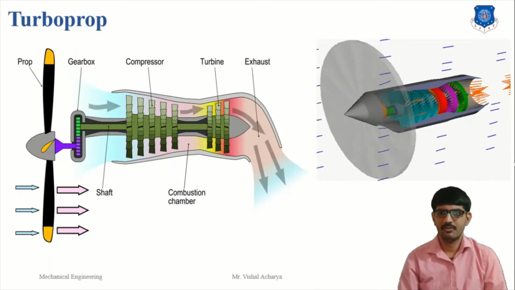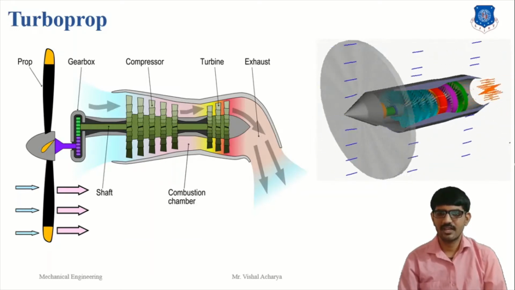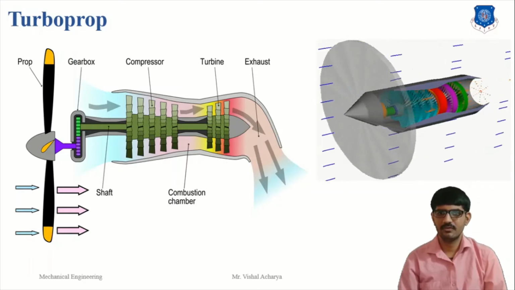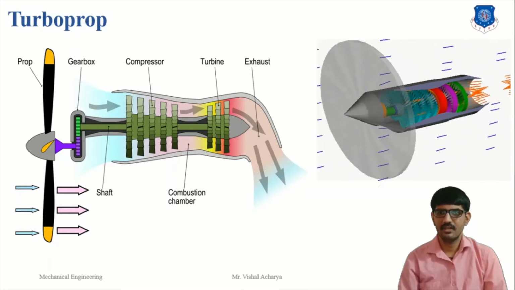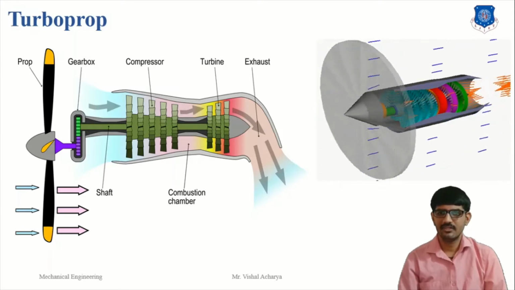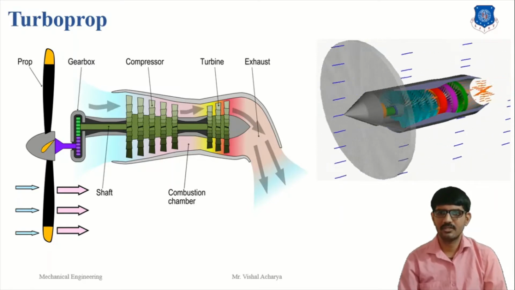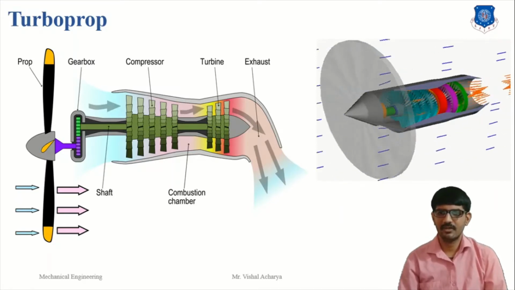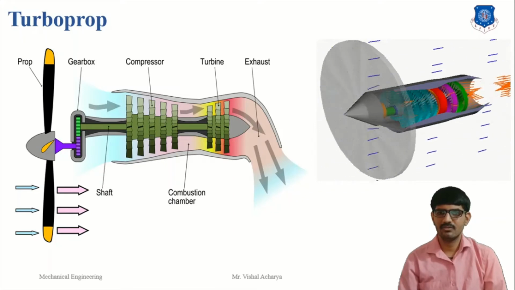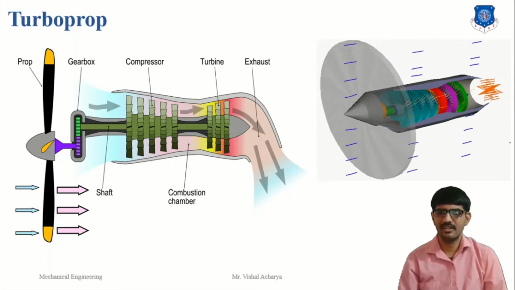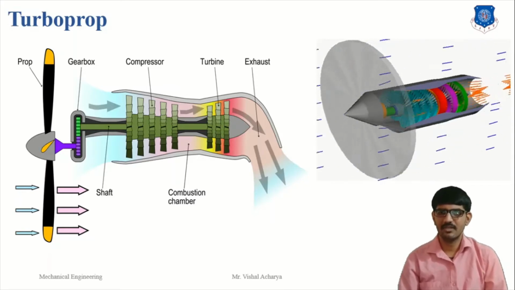Turboprop engines are employed to accelerate a secondary propellant stream, which is much larger than the primary flow through the engine. The relatively low work input per unit mass of the secondary air can be transmitted by the propeller. A ducted fan could also be used for this purpose, but a propeller is generally lighter compared to the ducted fan. An engine with a variable pitch propeller is capable of a wider range of satisfactory performance.